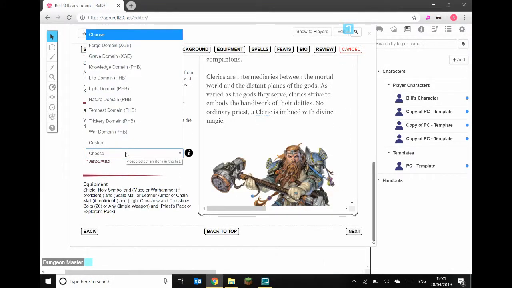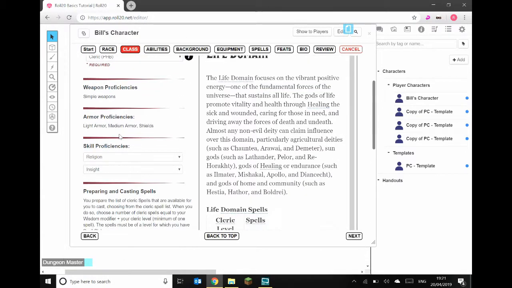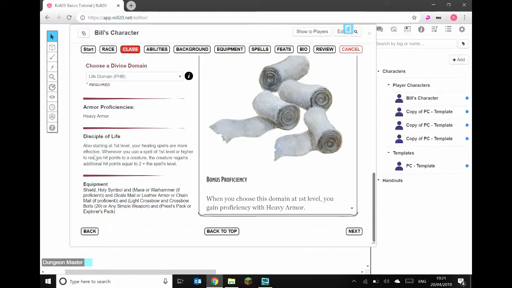Divine Domain. So I've got Xanathar's Guide to Everything, so I've got the extras in here. But I'm not going to do that today. I'm going to pick life. And we get heavy armor. He gets this, so you can do this. Yep, brilliant. And if your player runs through this quickly and doesn't keep track of that, don't worry, it gets